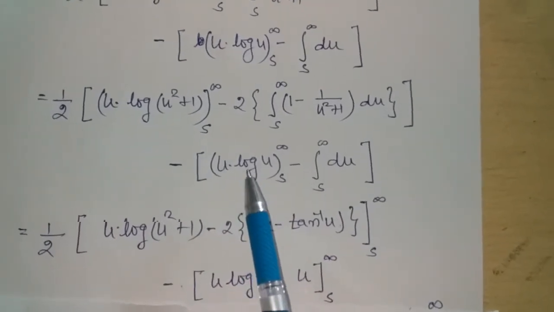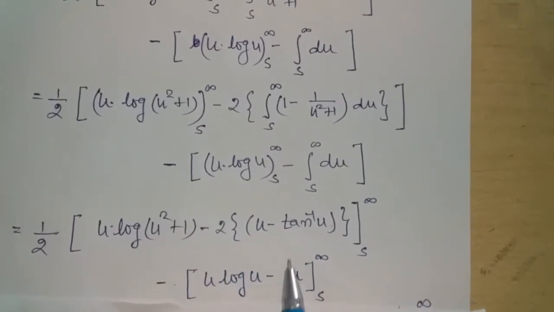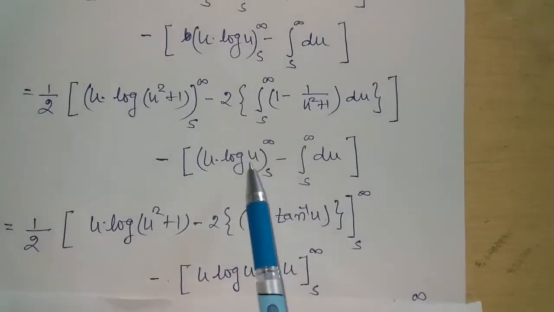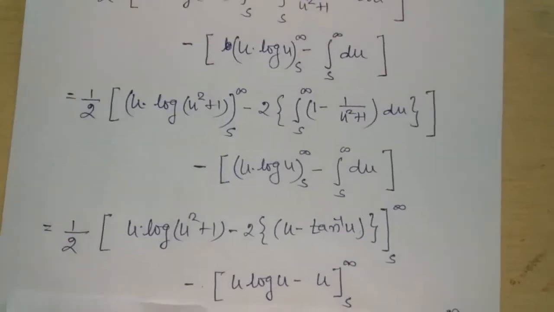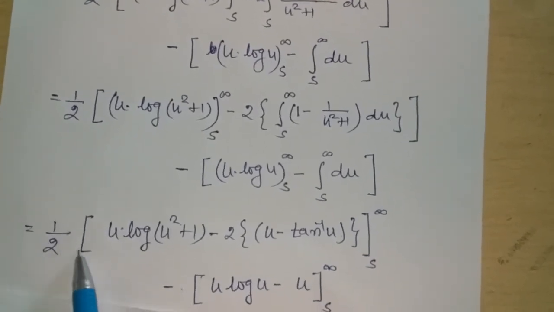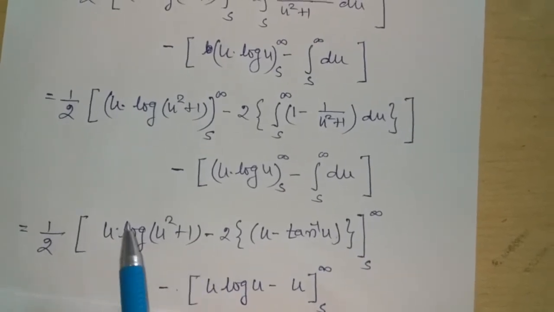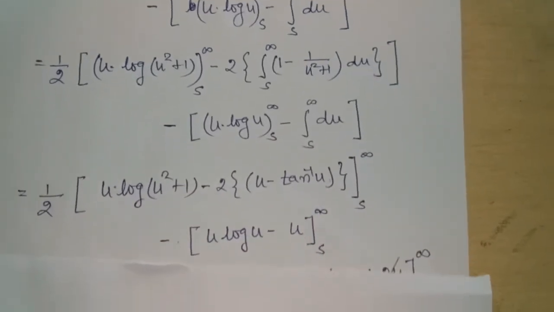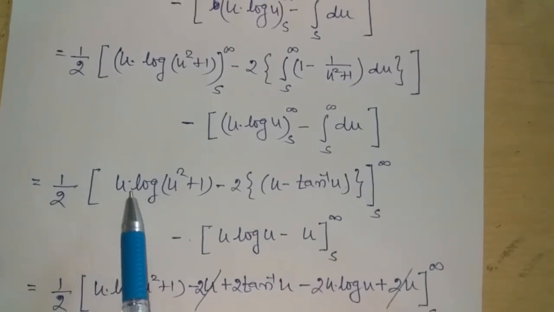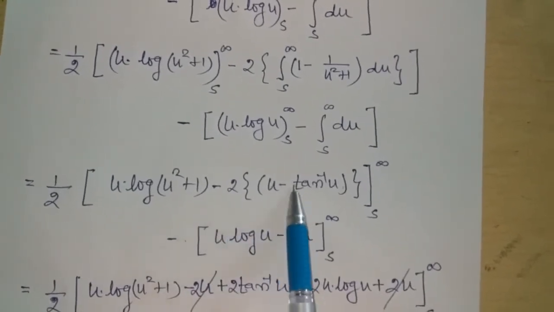minus, in this expression we have u log u minus integral of du is u, and we write the common limit s to infinity. Now from these two expressions, since 1/2 is multiplied only by this term, we take 1/2 common from these two terms and we get 1/2 common, so we have u log(u² + 1) minus 2u plus 2 tan⁻¹u